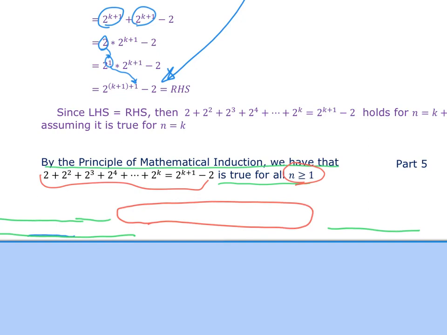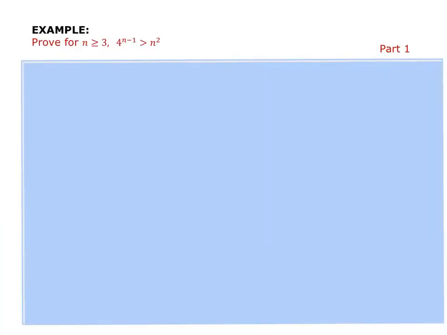Now, the first two examples were equals. The next two examples are going to be with inequalities. So I said this side equals this side, and I worked with one side, and now I'm going to do this side is greater than this side, or this side is less than this side, and let's see how that works out. Let's take a look at our third example here where we have an inequality, and we don't start